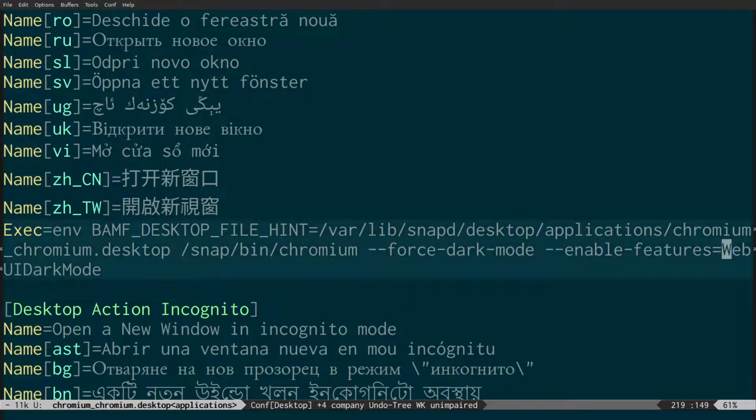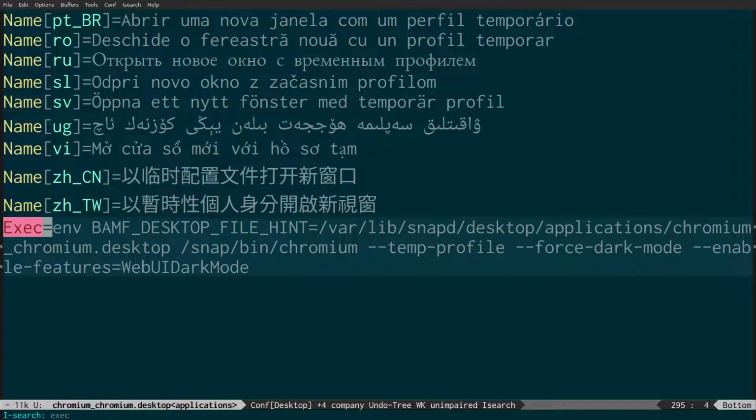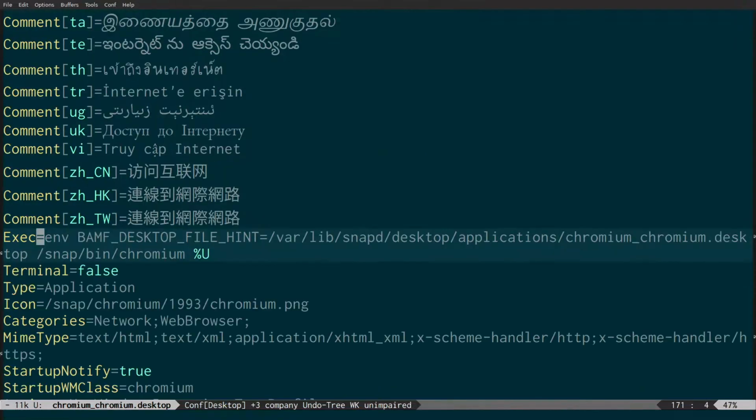But basically, the gist of it is all you need to do is add these two extra flags to each of these Exec lines in this chromium_chromium.desktop file. So just go through and append those two flags. And once you've done that,